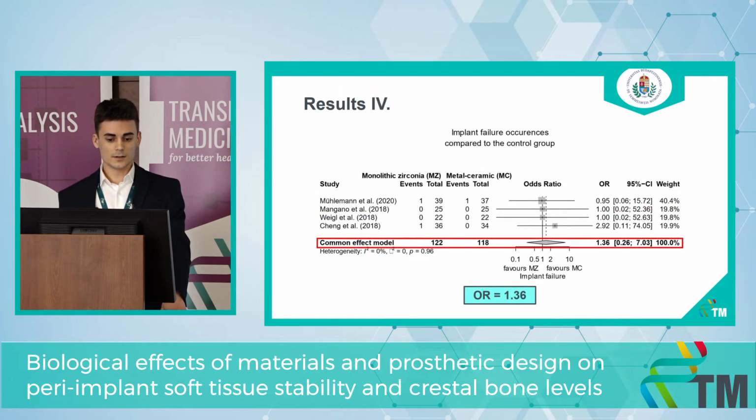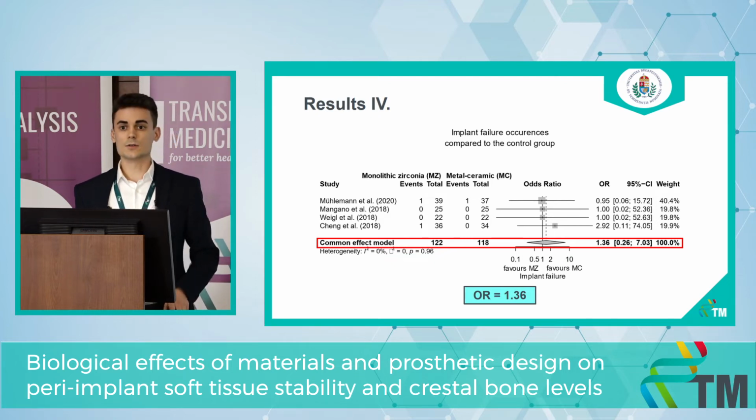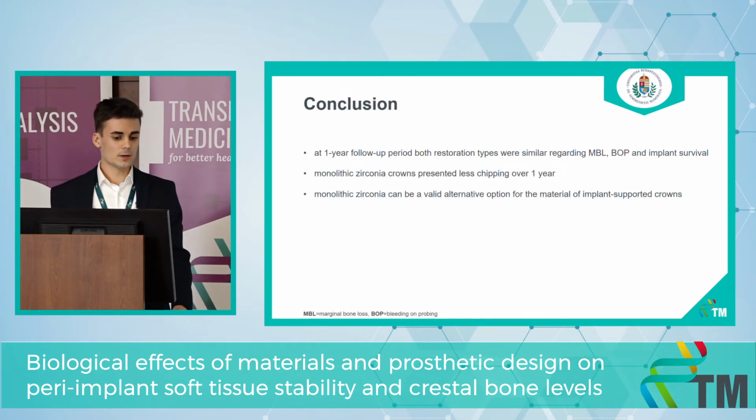And last, implant failure. We cannot see relevant difference between the 2 groups. This suggests that the restoration material has no effect on the implant failure. We can say for our conclusion that at 1-year follow-up period, both restoration types were similar regarding bone loss, bleeding, and implant survival. But monolithic zirconia crowns presented less chipping over 1 year. So monolithic zirconia can be a valid